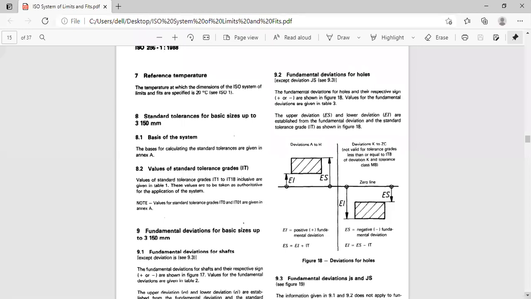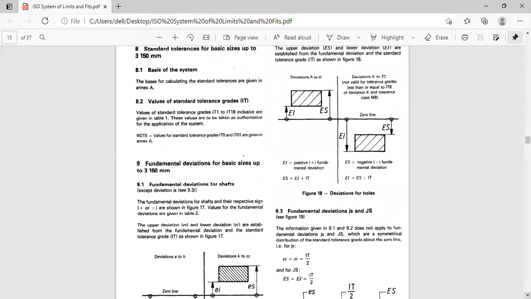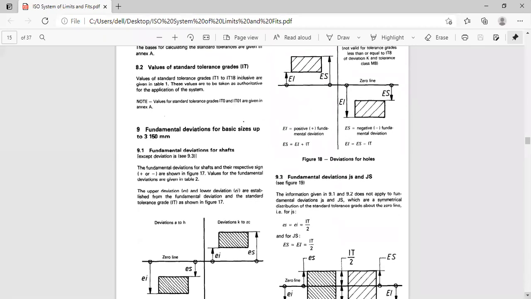So you remember any one of them, because while drawing the production drawing, the students used to draw the graphical representation of the holes and shafts simultaneously. Capital A above the zero line, small a below the zero line. Then you can know exactly which is the lower deviation and which is the upper deviation. So just try to follow that. So what are the fundamental deviations?